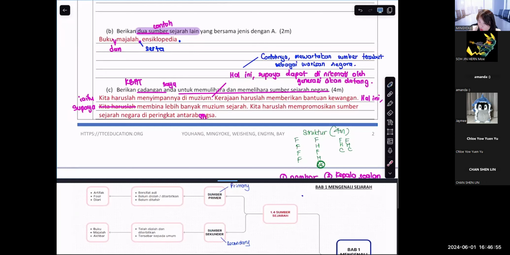You see? Example, you publish it as our country legacy. You keep it in the museum so that future generations can see. Example, you publish it as our legacy. Understand? So you can do fakta, huraian, contoh. Depends on how you project it. Depends on your teacher as well. Mostly your teacher will choose this.